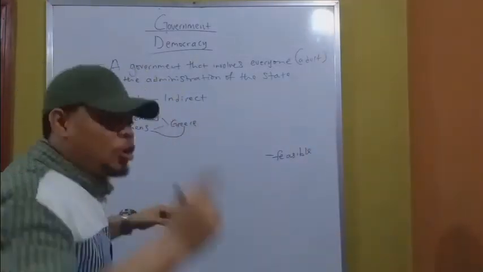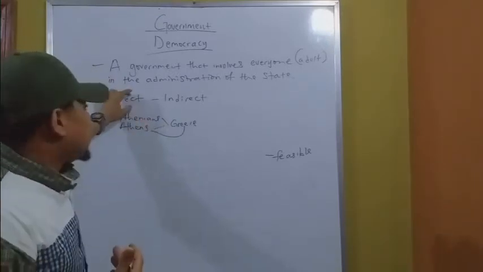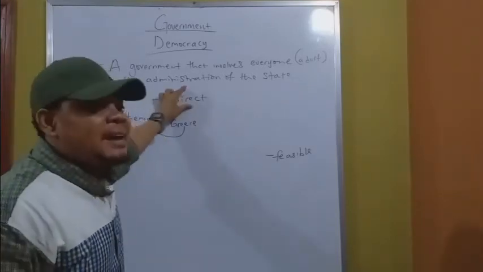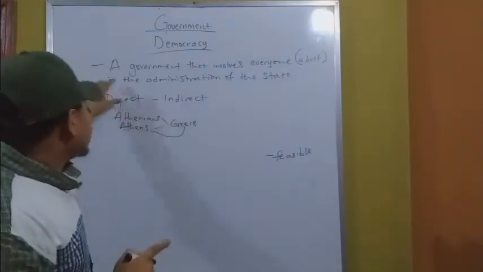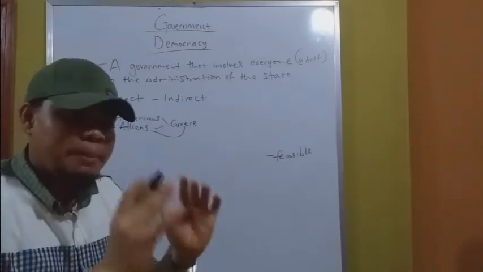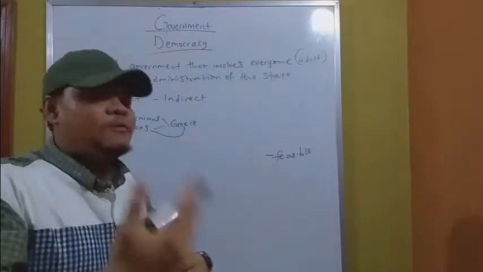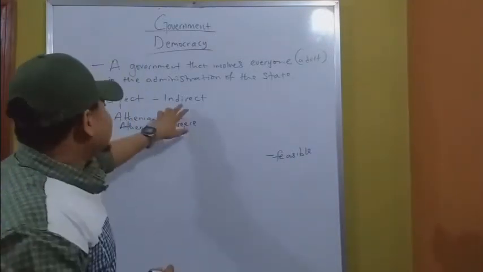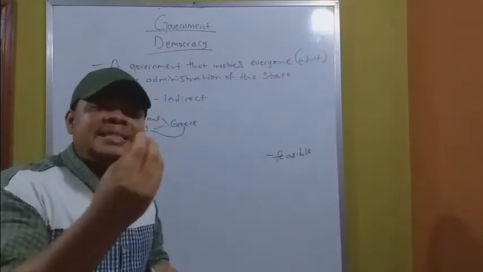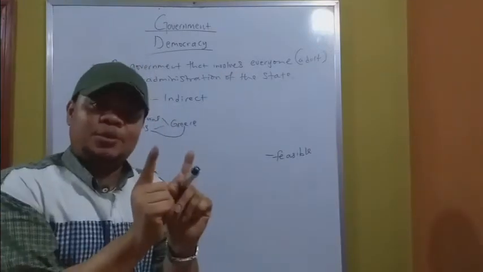It is as a result of the inability of people to gather again in one place, as was done in direct democracy, that gave birth to what? Indirect democracy. Now, I repeat, in direct democracy, everybody was involved in governance. Everybody was a member of the government and they gathered in one place to perform their governmental roles. Are you with me? But in indirect democracy, everybody now elects a few of them. The people that are elected are members of the everybody, for lack of a better word.